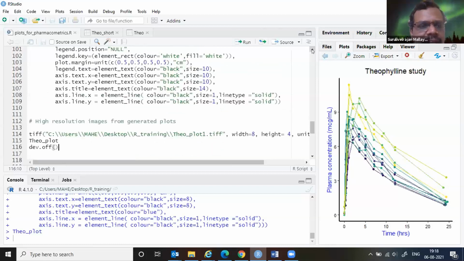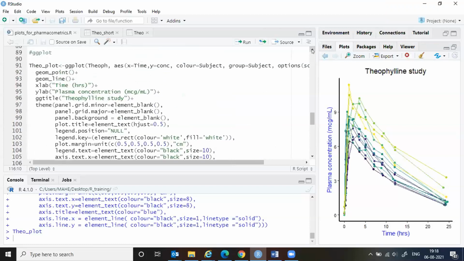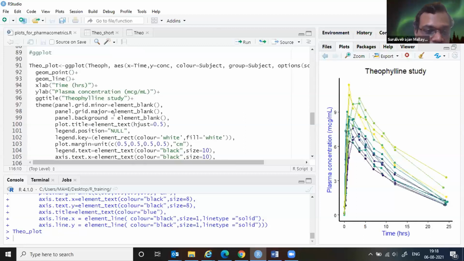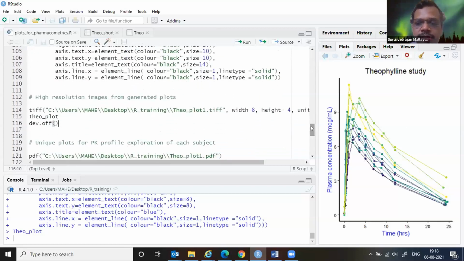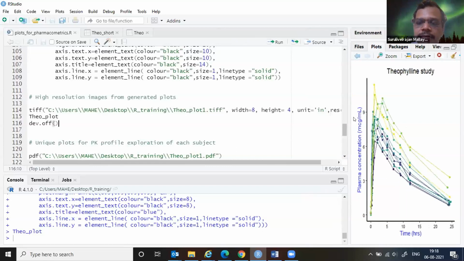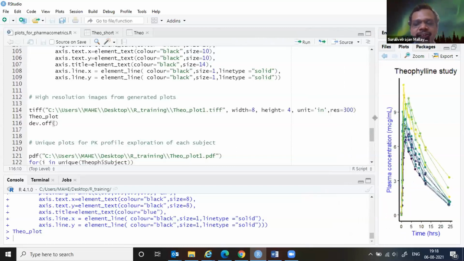So what we did in the previous line of code is run that particular ggplot. I'm not directly printing it here, but converting it into an object for further processing. This is an important one we often face when we generate plots and finally have to submit them for review, conference presentations, or publications.